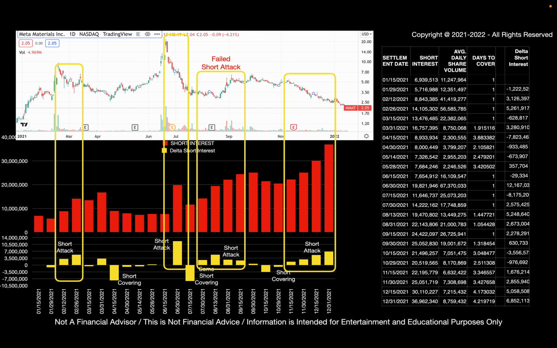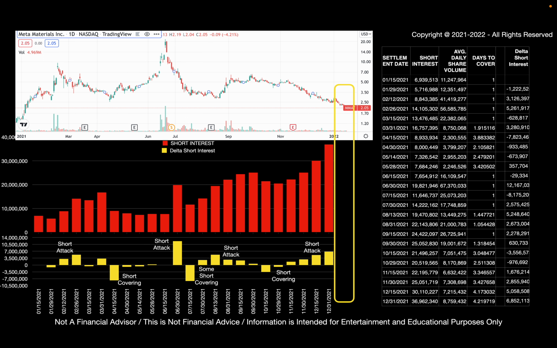So it dropped. It took a while. It took 2 months or so, but it was consistent shorting over that time, and we see the short interest increase dramatically, and we see the price decrease. We also know that there was no covering at that point in time because we don't see the delta in short interest going negative, which means at the start of the year we don't have any data, and the price went down, so chances are they have been shorting some more, which means that the